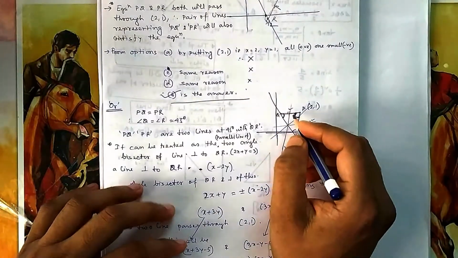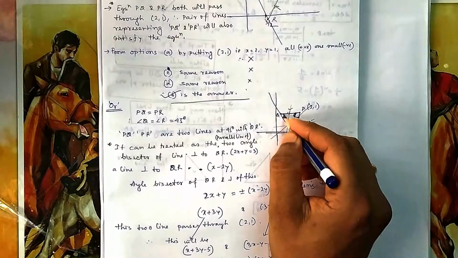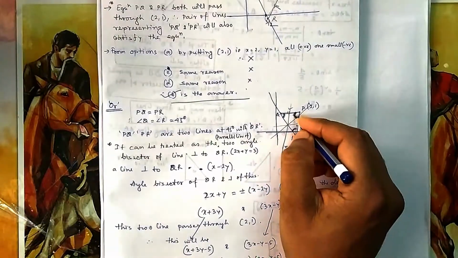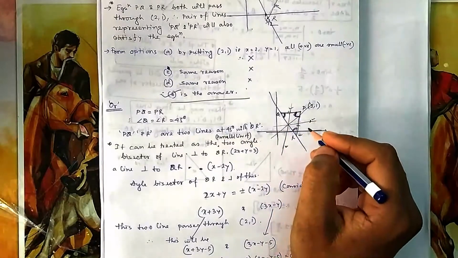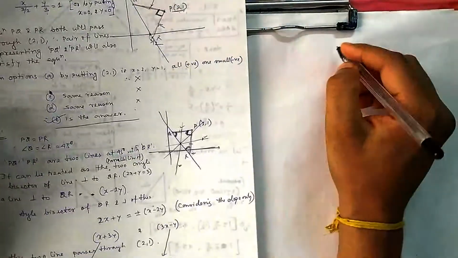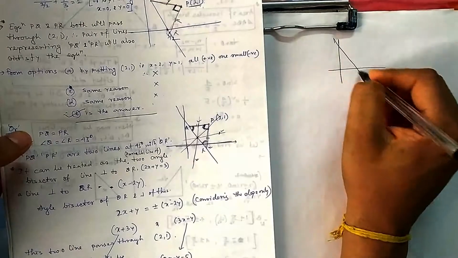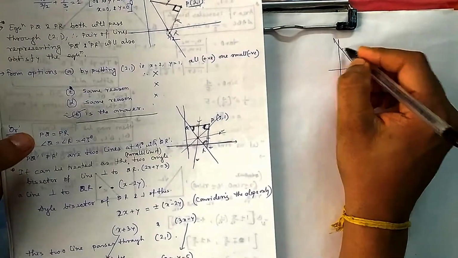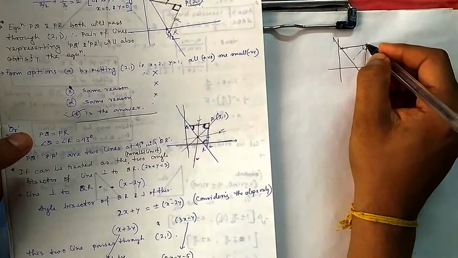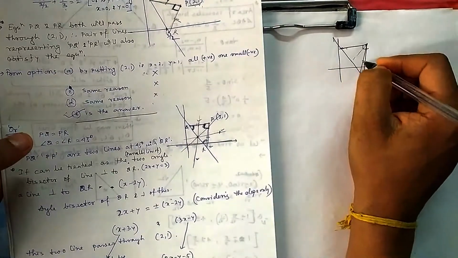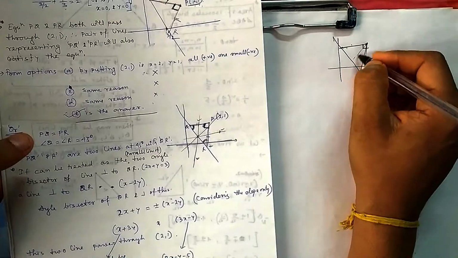Because it is an isosceles triangle, what is this angle? This angle will be 45, this angle will be 45, because this is 90 and these two sides are equal. Right angle isosceles, 45, 45. Okay, let us draw it here. Suppose this is the QR and this is suppose P. Then it should be 90 degrees. This length should be equal to this length. Excuse me for my drawing.